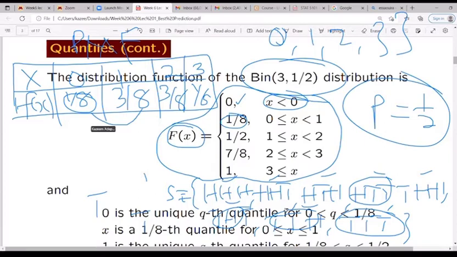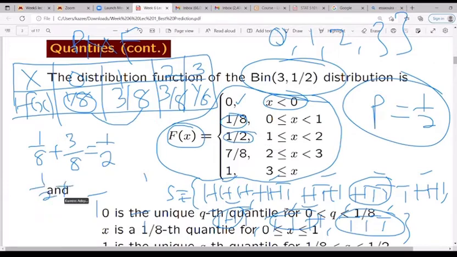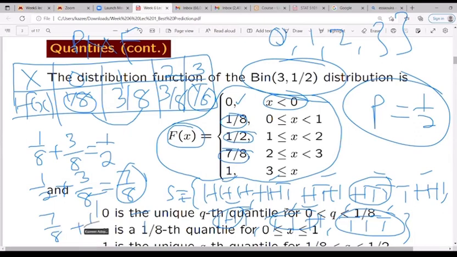Okay, so what is 1/8 plus 3/8? That's going to be 4/8, which is going to be half. That was how you got this guy now. Okay, so when you add 1/2 next to 3/8, you're basically going to have 7/8, which is what you have here. When you now add 7/8 to 1/8, that is going to give you 1. And that was how you have this.